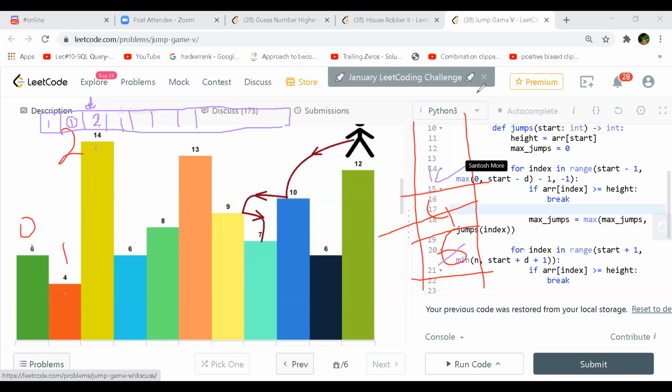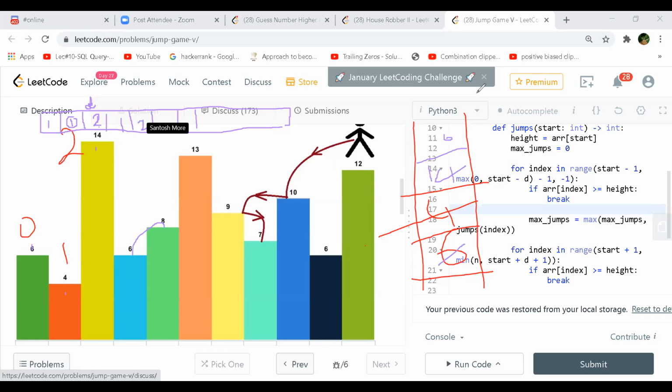Then you will push 6, because 6 is also smaller. But when you come to 8, if you see 8 and 6, we have only one jump which is possible. So if you do it here, here also was 1, and here is the 8, right? This was for 14, this is for 6 and 8. In this case you can do the same thing again, and then your value at 8 will also be 2 max jumps, right?